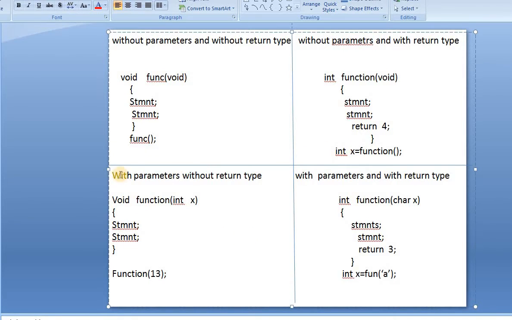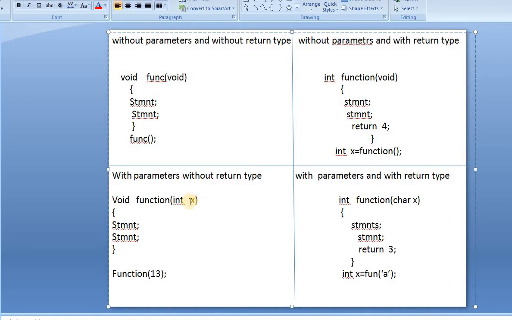The third one is with parameters and without return type. As this is without return type, I am not returning any value, but I have passed input, that is, int x. For that x I need to give some value.